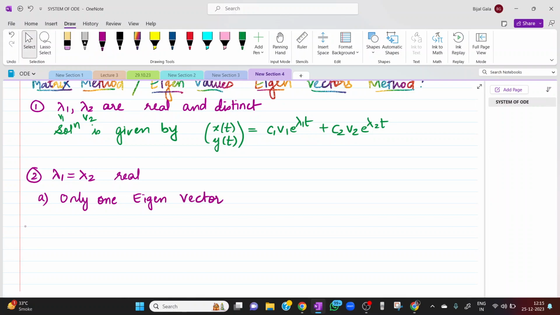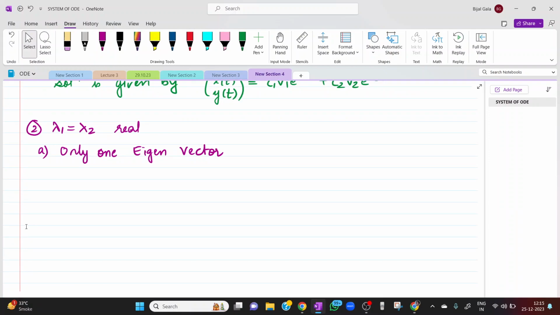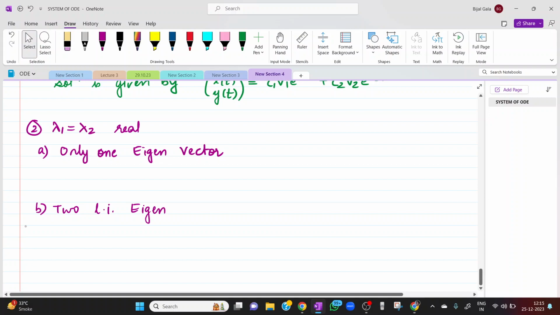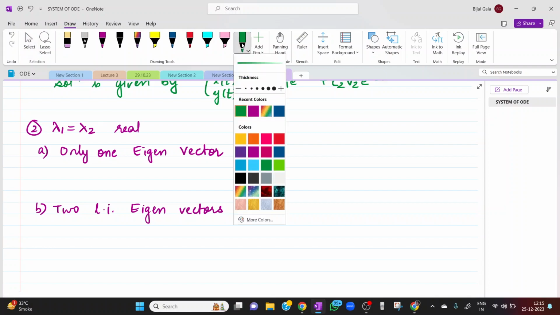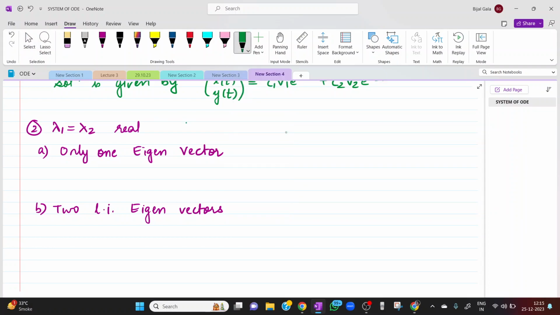And second, where we get two linearly independent eigenvectors. When you solved questions on eigenvectors, you must have come across these conditions, where the eigenvalue is repeated and you might have got only one eigenvector, or two linearly independent eigenvectors. In the first case, the solution will be given by, I would denote this by capital X,